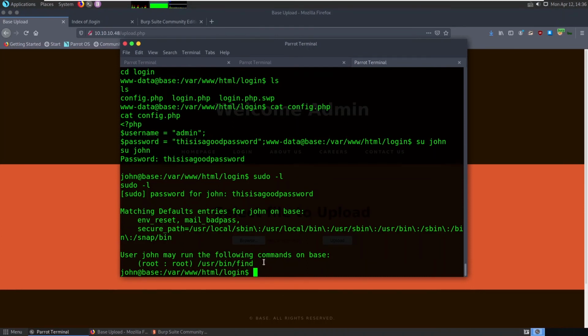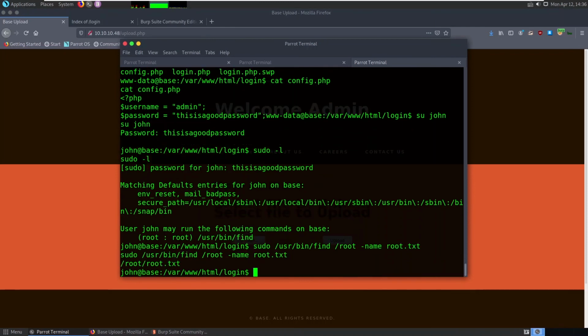Okay, so what you can do is say sudo /usr/bin/find. Now what I'm going to do is find the root.txt, that is obviously in the root folder, with -name root.txt and hit enter. So you can see there is a root.txt file.